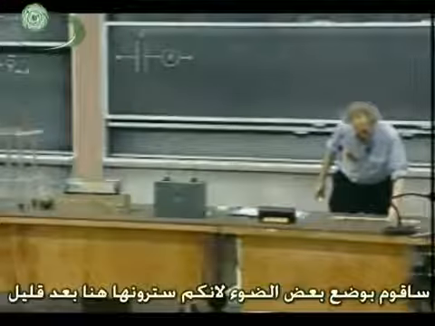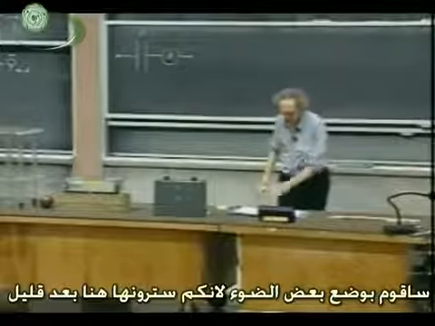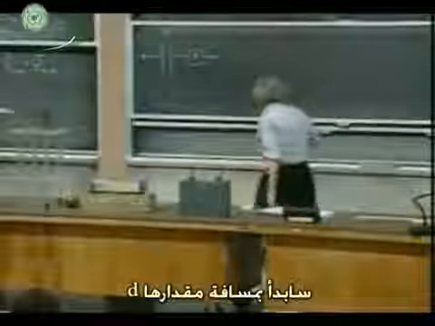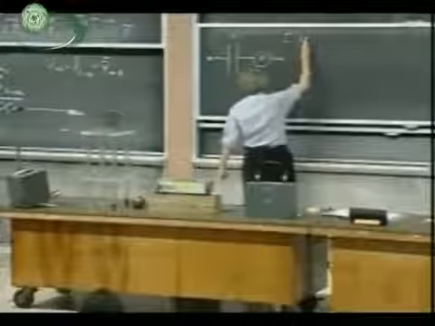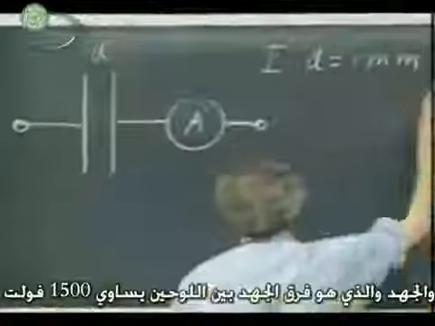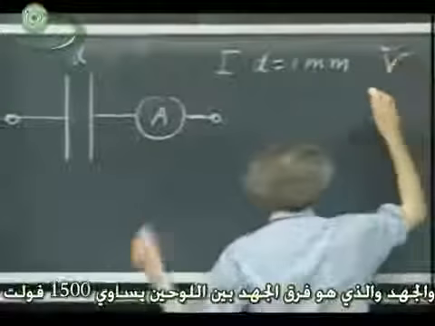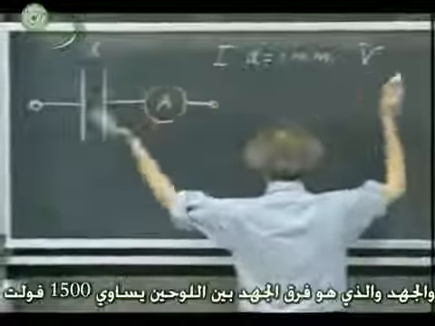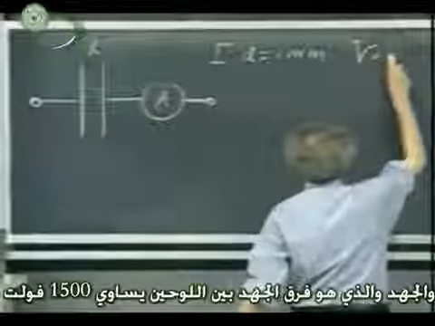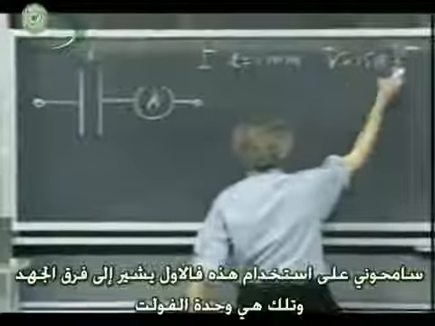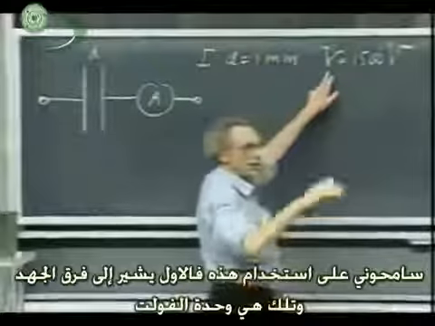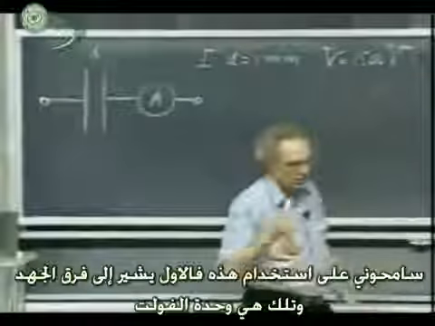I'm already going to set my lights because that's where you're going to see it very shortly. I'm going to start off with a distance d, so this is going to be my experiment 1, with a distance d of 1 millimeter. And the voltage, V always means the voltage, the potential difference between the plates, is going to be 1500 volts. Forgive me for the 2 V's, I can't help that. This means here the potential difference, and this is the unit in volts.